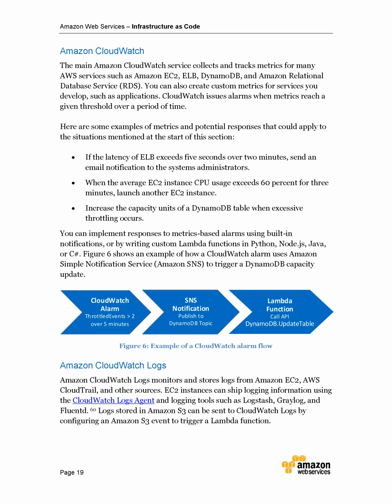Amazon CloudWatch. The main Amazon CloudWatch service collects and tracks metrics from many AWS services such as Amazon EC2, ELB, DynamoDB, and Amazon Relational Database Service, RDS. You can also create custom metrics for services you develop, such as applications. CloudWatch issues alarms when metrics reach a given threshold over a period of time. Here are some examples of metrics and potential responses that could apply to the situations mentioned at the start of